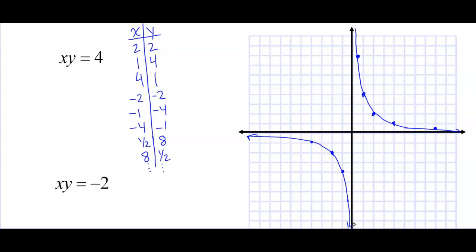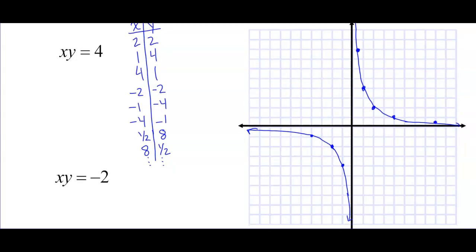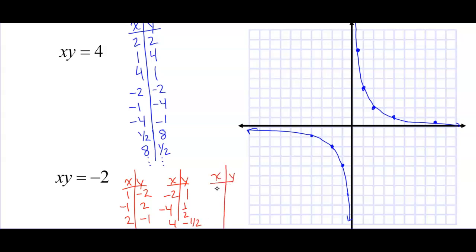So although these might appear to be more complicated, they're actually easier to draw. Let's do this other one here. xy equals -2. So let's see. What are some pairs of numbers that you can multiply to make -2? Well, 1 times -2 comes to mind, or -1 times +2, or 2 times -1, or -2 times +1. And of course you can try to get creative, throw some fractions in there, like say -4 times 1/2, or 4 times -1/2, and you keep going with these examples